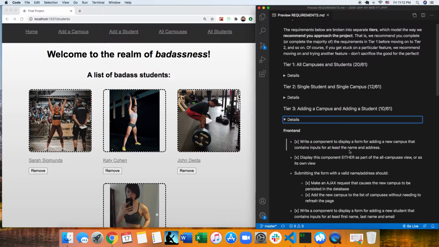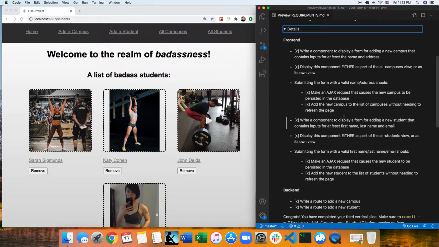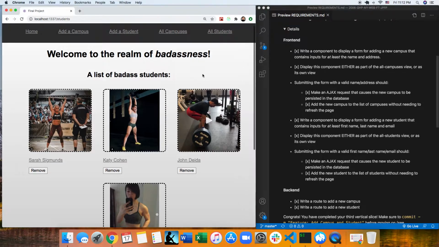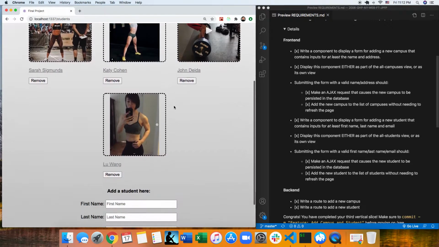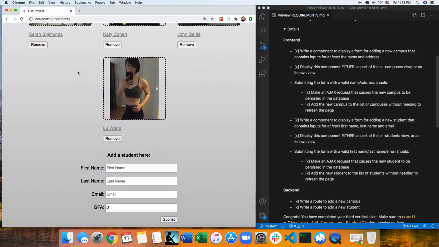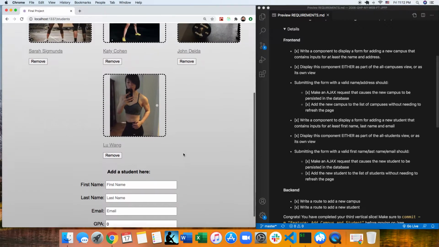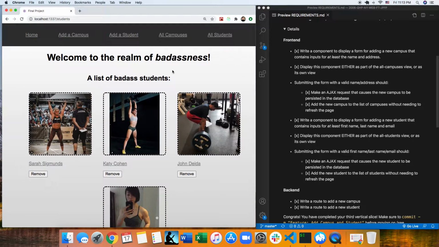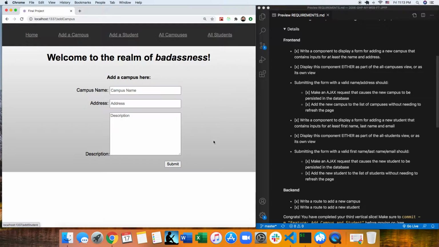So we have to have a form that we can use to add a campus or a student. It can be either by itself or on the page of the list, on the page of all campuses, all students. So I did both because one of the core features of React is if we create a component by itself, we should be able to use it in multiple places in the app. So what I did was I implemented a page by itself, and I can create a campus,